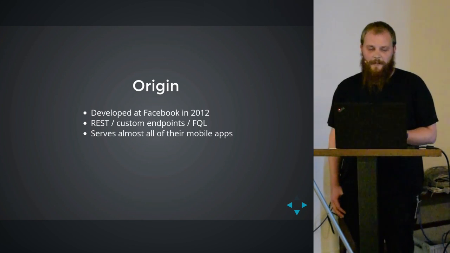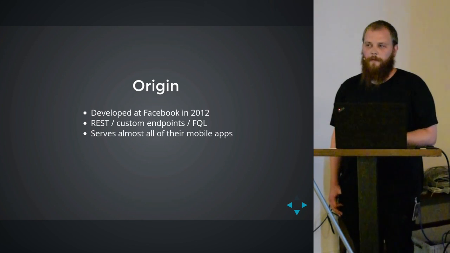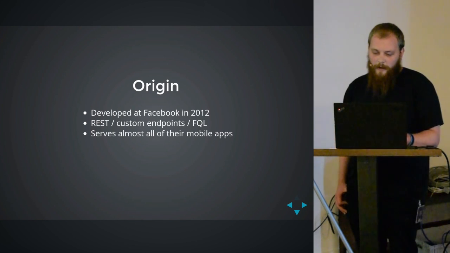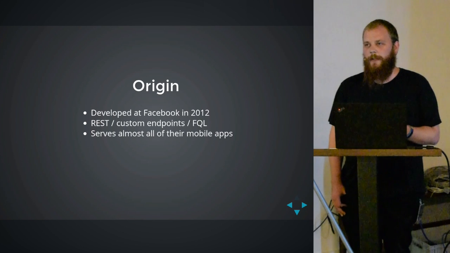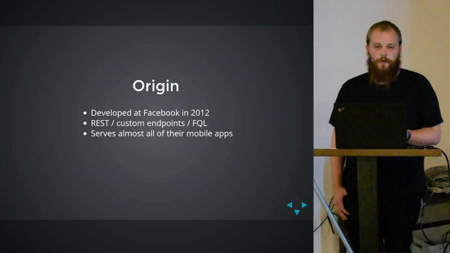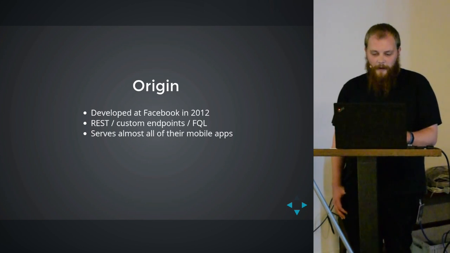For example, with REST, they had to issue multiple queries just to get the data they need, which is really bad on mobile networks. And with custom endpoints, they had to develop a custom endpoint for each feature, which led to a huge maintenance burden. So they